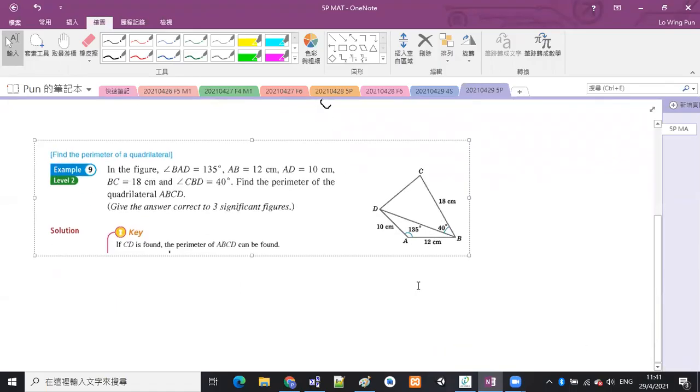Okay, but CD belongs to triangle BCD, right? CD belongs to triangle BCD. So what do we have in triangle BCD? We just have one length and one angle. 嗱，記住咧，我哋用 sine formula